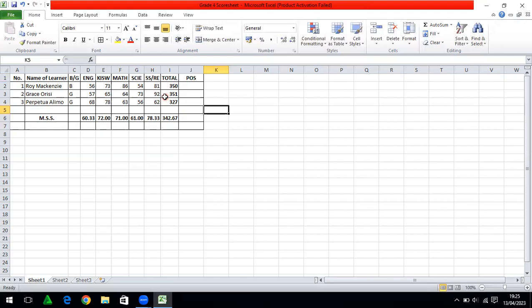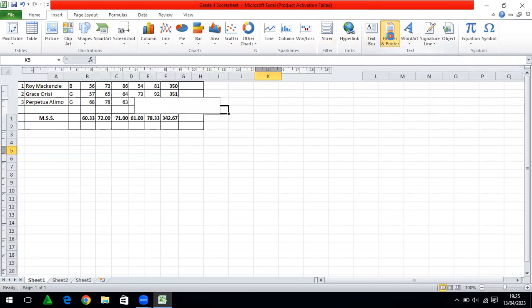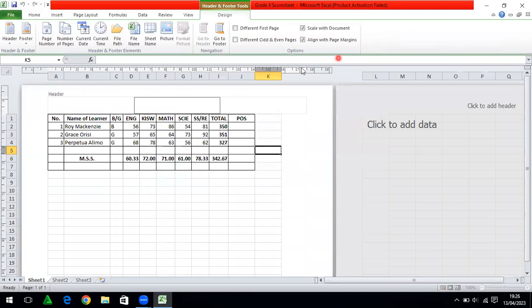So we go to insert, select that, you left click, and then you go across your function ribbon. That's the menu, this ribbon across here. Then you click on header and footer. So that is how it will appear. Then you type in